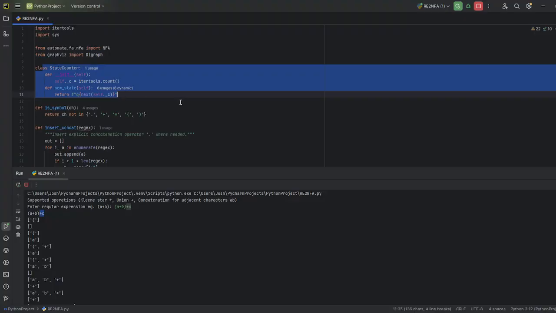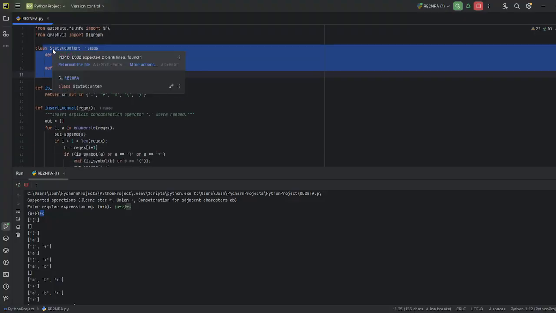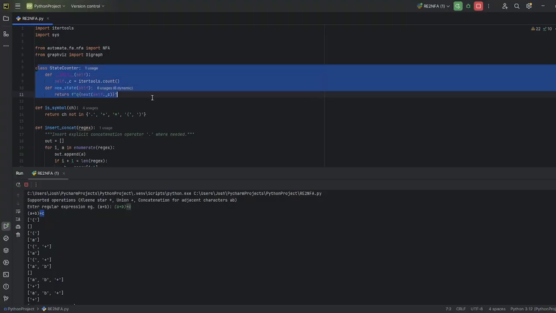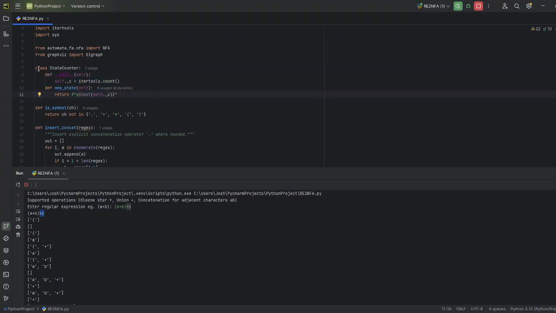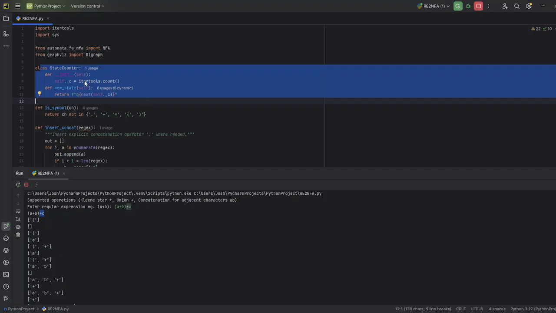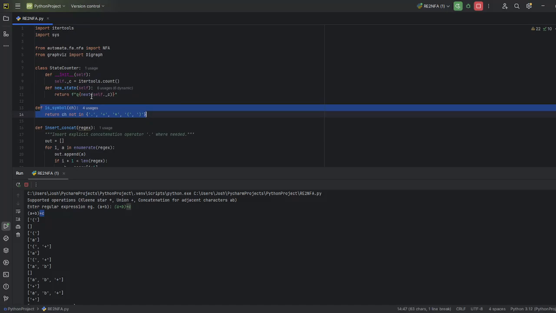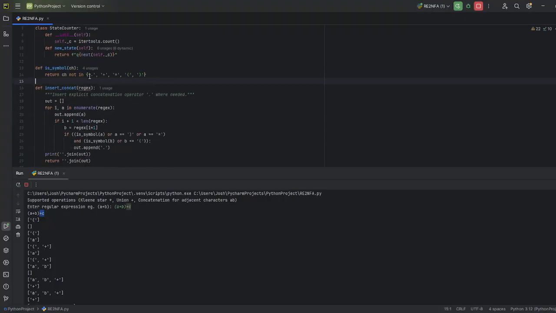So we have here a counter because Python works differently from Java. So there had to be a dedicated counter function, and this one is for determining if a character is not an operator.